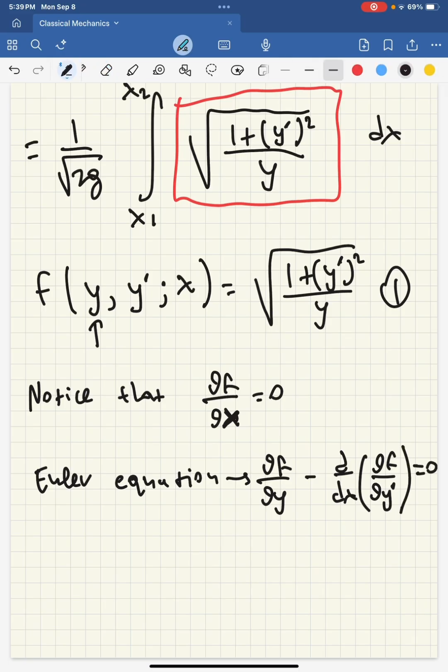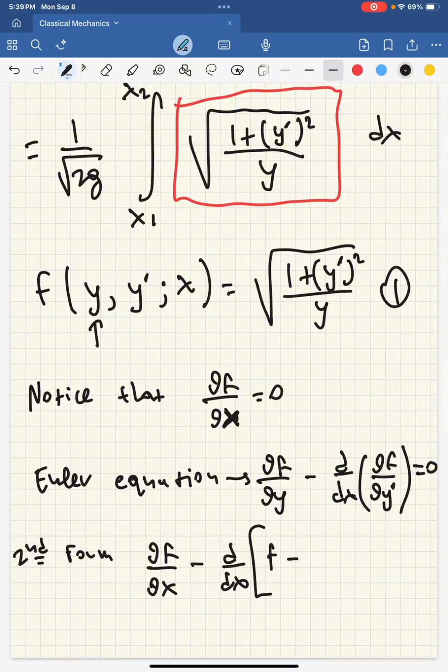Okay, now it looks prettier. The second form, there is a second form, which is equivalent, okay? Second form is partial with respect to x minus d over dx of f minus y prime partial with respect to y prime equals 0. These two expressions are the same, but this expression is useful to us because notice that